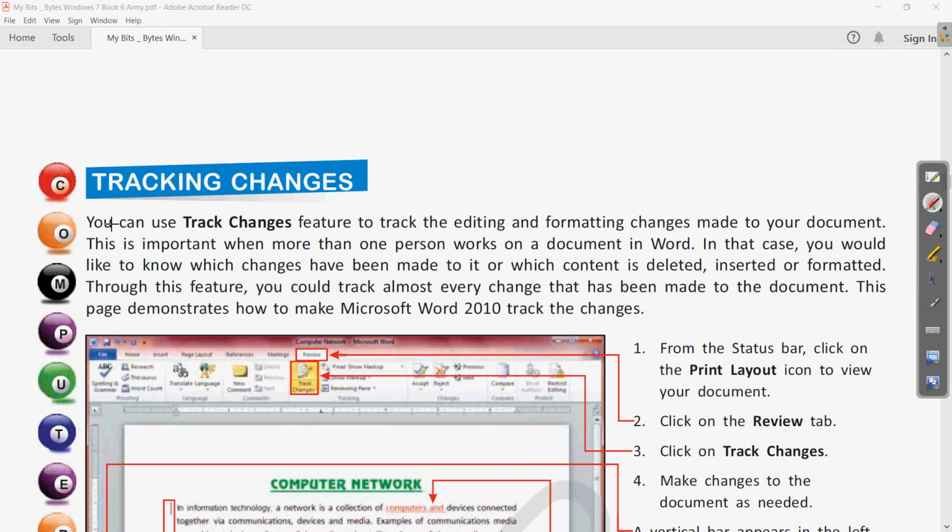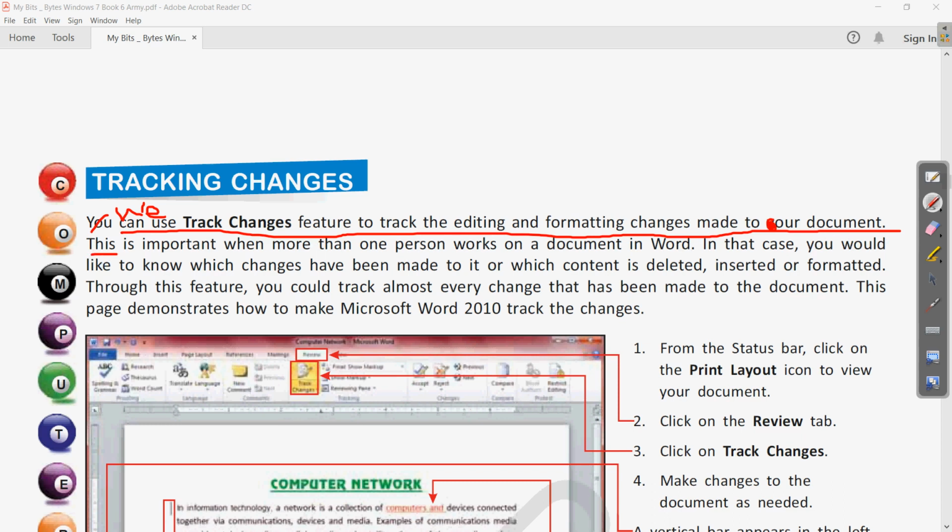We can use, at the place of you will write we. Clear? We can use track change feature to track the editing and formatting changes made to our document. At the place of your, you will remove y and you will write r. Clear? So we can use track change feature to track the editing and formatting changes made to our document.